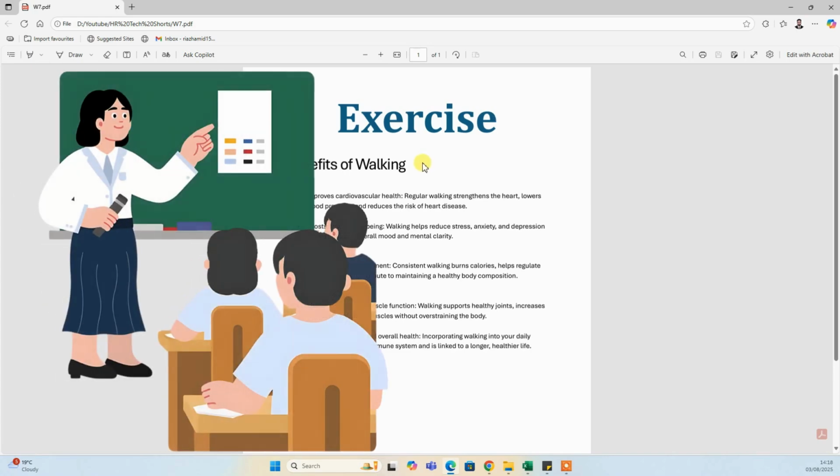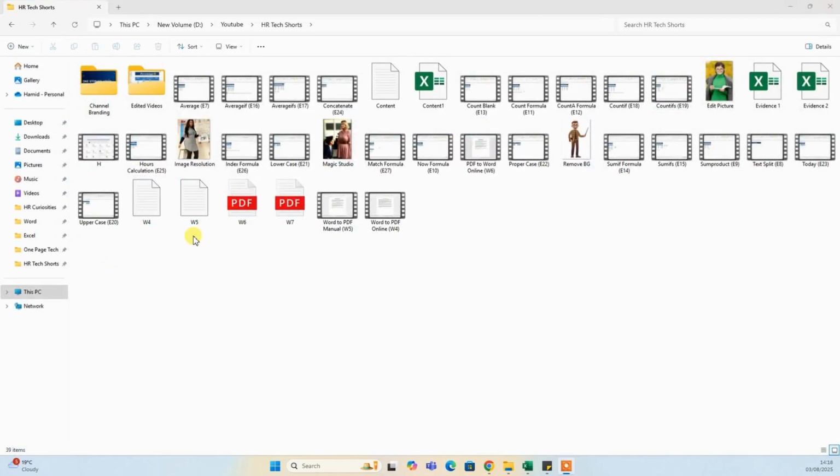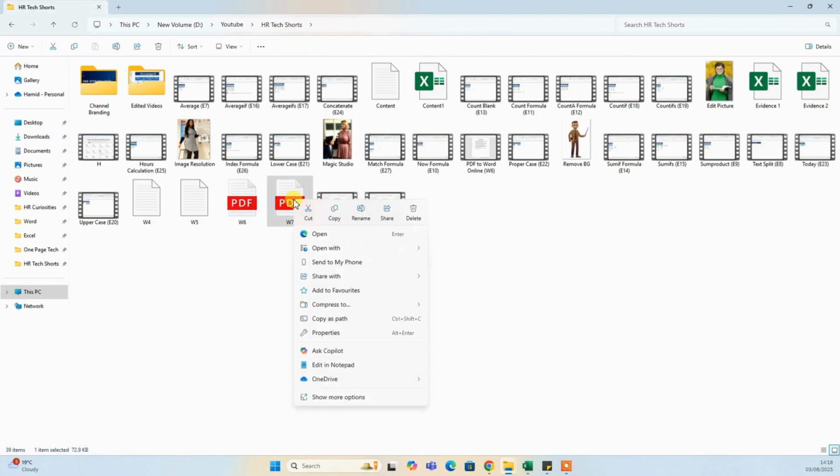Let's learn how to convert a PDF document into an editable Word document in seconds. So for example, I have this PDF document, W7, and if you want to convert this document, I will close this document, and here W7, I will right click on the document, and then I'll go to Open with,